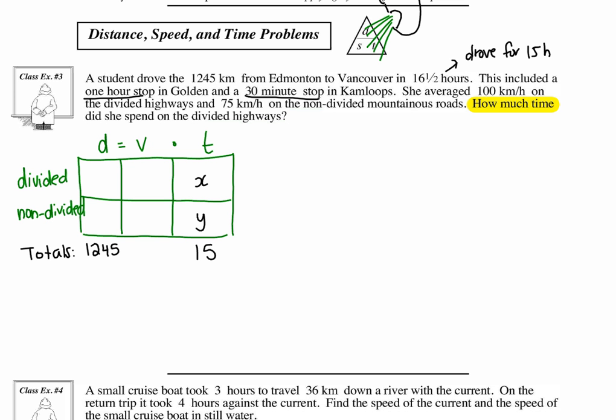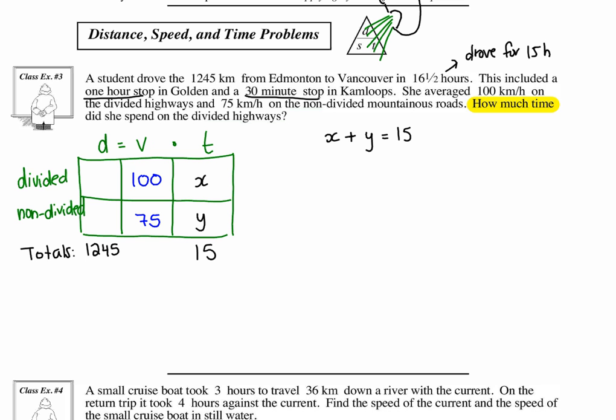Okay. Do I have one equation now? X plus Y is 15. We know one equation. The time on the divided plus the time on the undivided highway equals 15 hours. This equals that. All right, what else do we know? Speed. What did she tell me about her speed? 100 on the divided